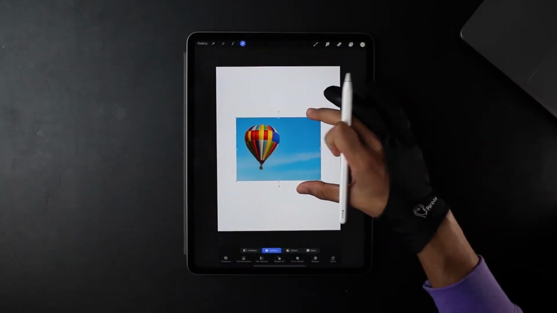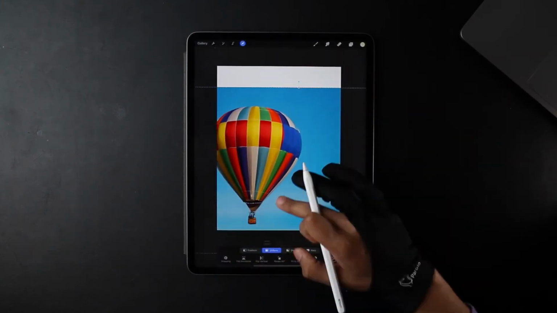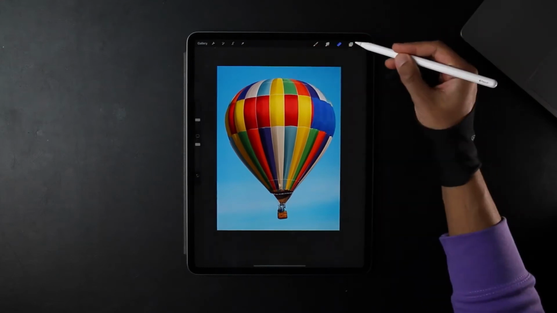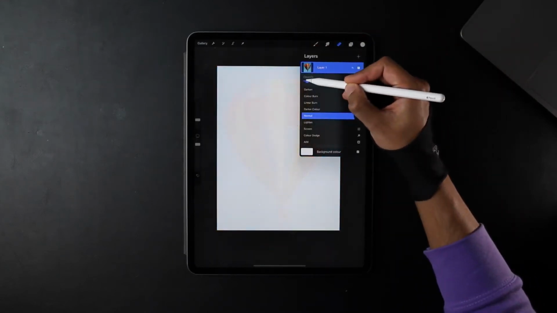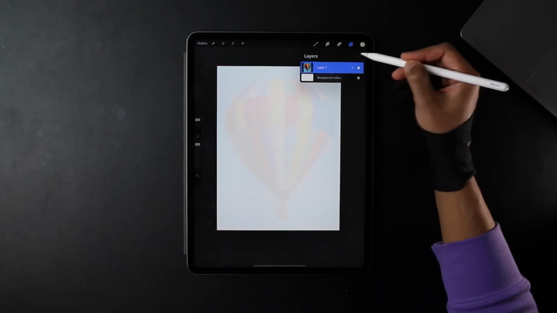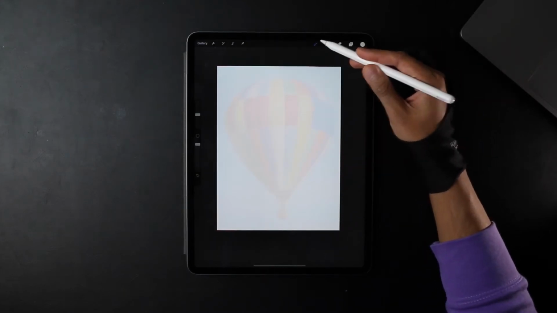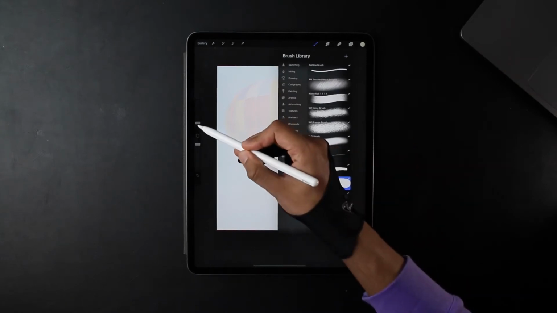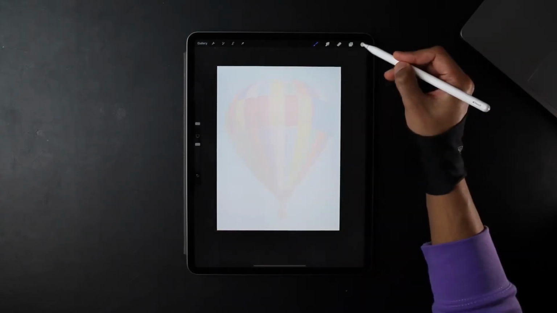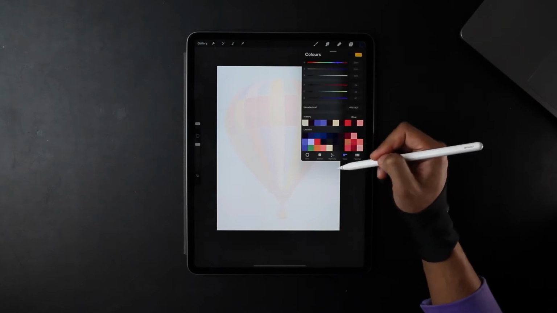Now I'm just going to resize this so it fills the screen. I'm happy with that, so I'm going to go and reduce the opacity all the way down, just so I can draw on top of it. Now I'm selecting a hard brush, I'm going to just decrease the opacity on that, selecting a colour of your